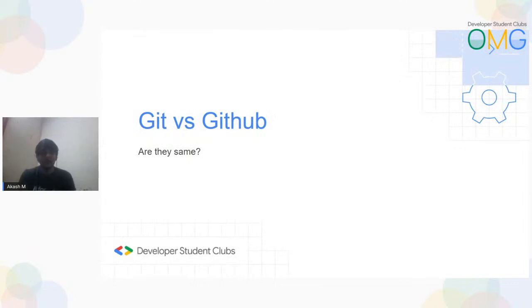So there's another question that arises from many people. What is the difference between Git and GitHub? So basically, GitHub is a service provider. It has a server where you can save your projects, and it helps you to keep a track on changes that you have made and